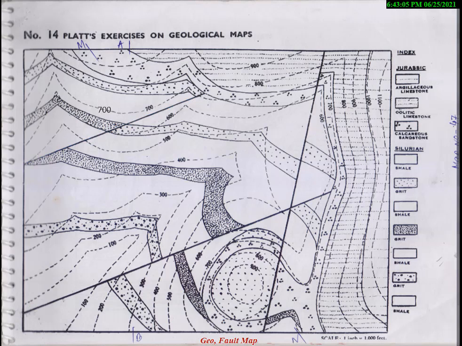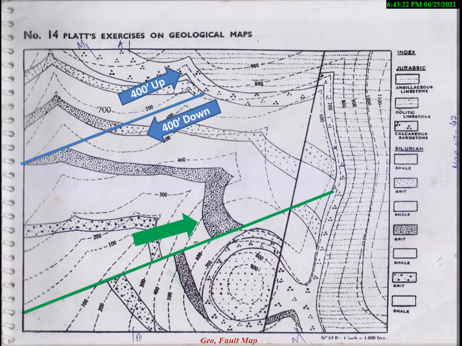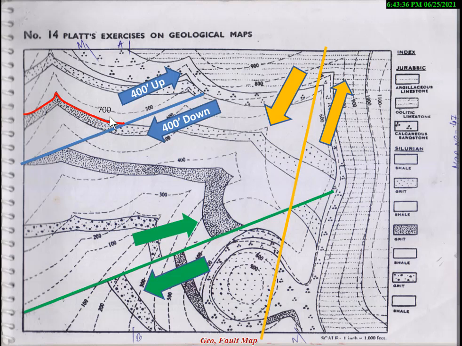Okay. Now, if there are 3 fault lines, how do you calculate the throw? You see this fault line, the up throw, this is the down throw. This is another fault line. Left side is here, right side is, this is the right side and this is the left side. For this fault, this is the left side, this is the right side. Now for this fault line, I select this bearing line which appears on the right side, the same bearing line. This bearing line appears here.